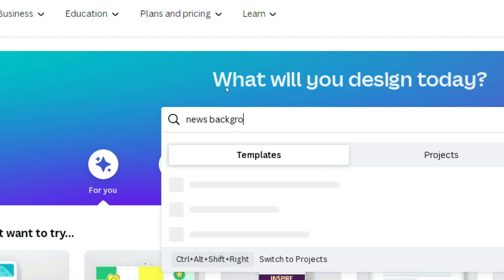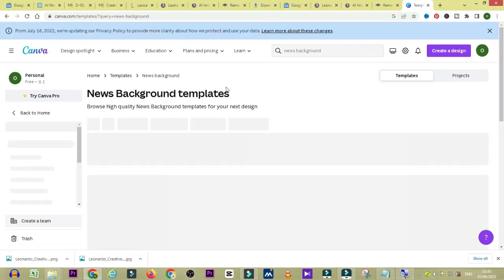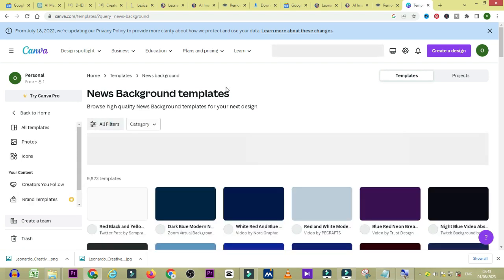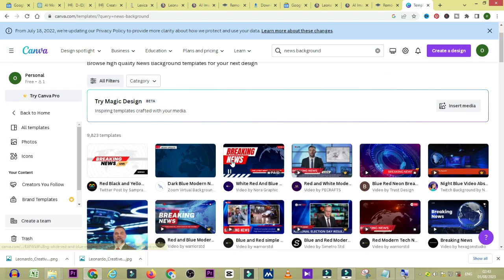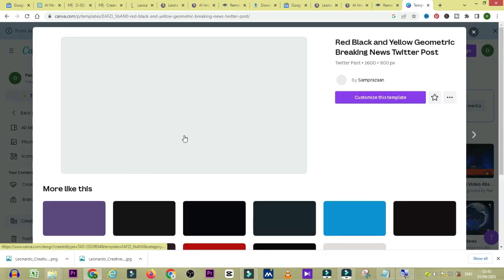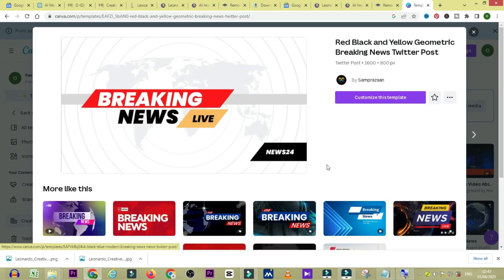So news background, and then you click on search, and you will see the different ones, the free, the medium, and the paid version. So I'm gonna click on the free one. Of course, they are very good and very great designs. Okay, so there are different versions here, and you can see it on the screen. So click on it, and you will see more of it. So under more of it, I would like to click on the first one,